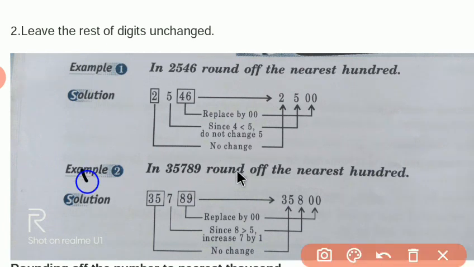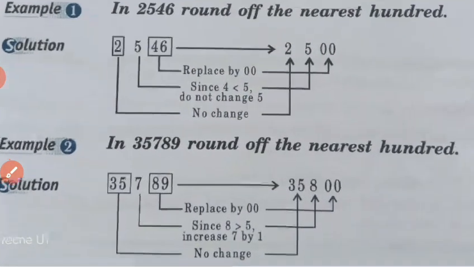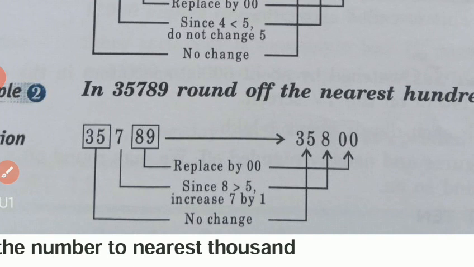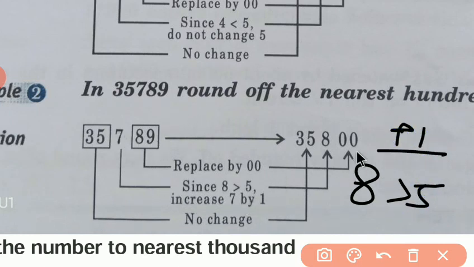In 35,789, round off to the nearest 100. Once again, for nearest 100 we will see which digit? Tens digit. The ones digit we have to replace by 0 only, but the tens digit here is 8, and since 8 is greater than 5, you have to increase the hundreds digit by +1. So in place of 89 you have to write 00,